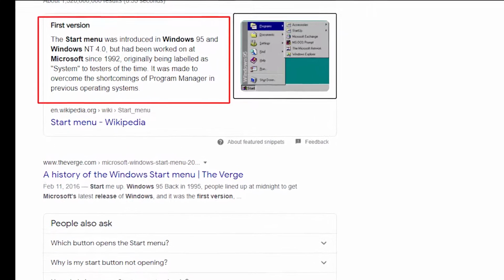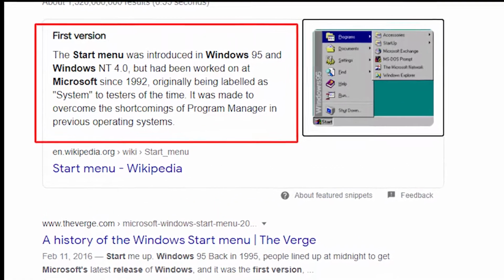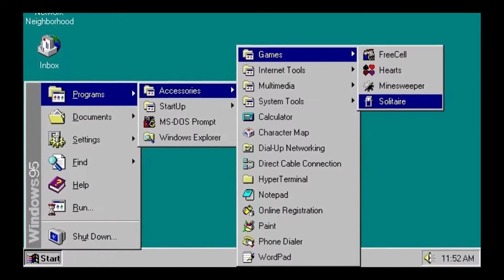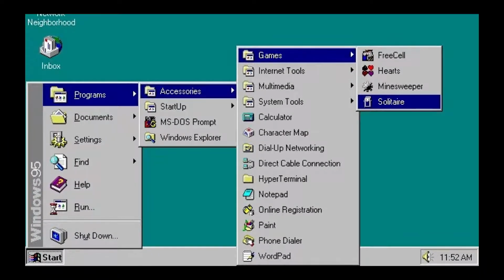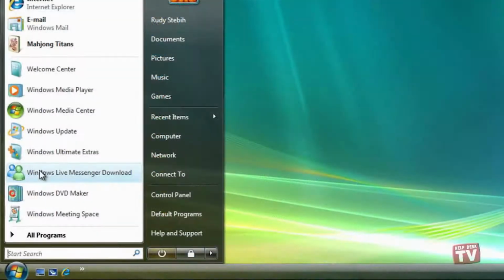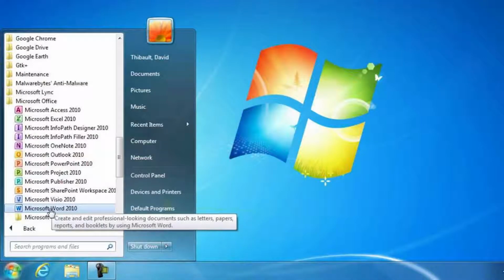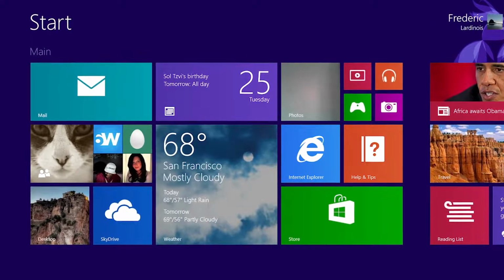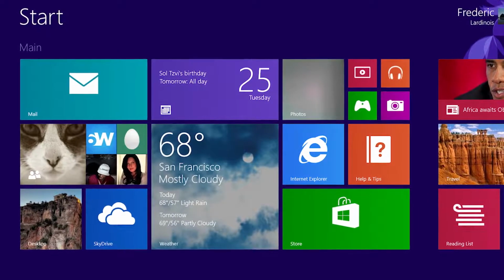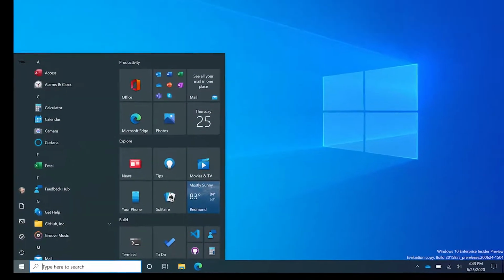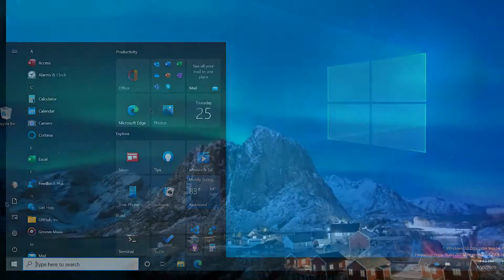Now if you go to the history, the first Start menu was released in Windows 95 in 1992. It was looking something like this, and you can see that it makes sense for the first operating system, of course. Then it evolved again in Windows XP. It was looking like this, and the transparent feature was released with Windows Vista. And you can see here Windows 7, of course, which we have been using here. Now for Windows 8, it was pretty modernized and completely evolved, looking kind of astounding with the modern UI. So yeah, then finally we have Windows 10, which you can see here.